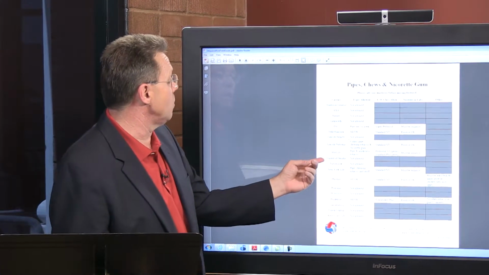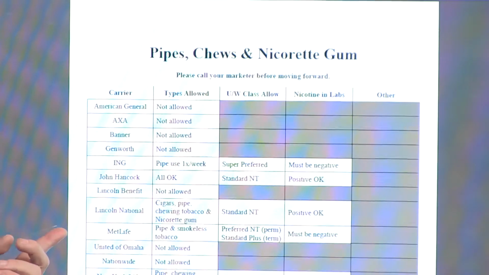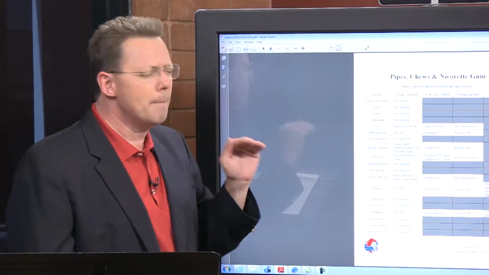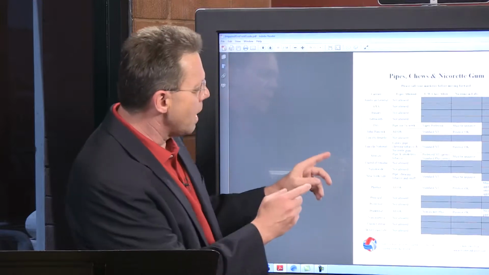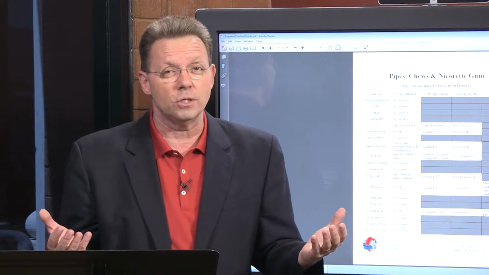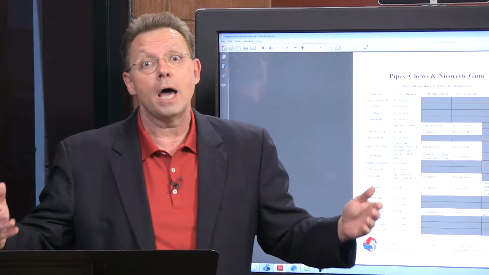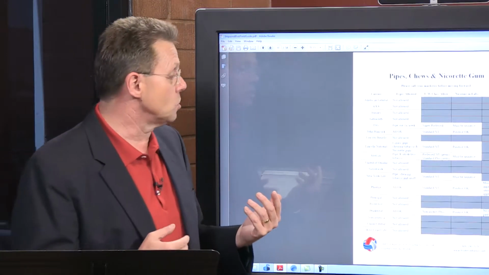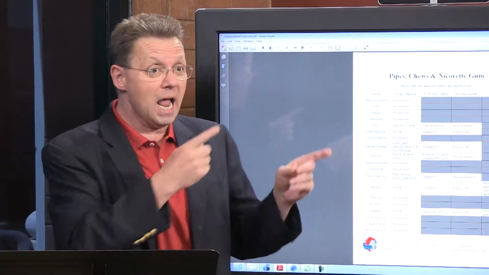Then, of course, you're looking at another one, pipe and smokeless tobacco. Well, chew, smokeless tobacco, and Nicorette gum is as well. Preferred non-tobacco for permanent cases, standard plus for term. Now, this is an interesting issue. I get a better rating for using permanent products than I would in term products. And that tells me that the pricing with the company and a profitability issue is they can give a little bit better offer if you're willing to commit for a little longer time period on a permanent platform versus a term. So sometimes when I'm looking at 15, 20, 25-year term, and I have a carrier and I have a